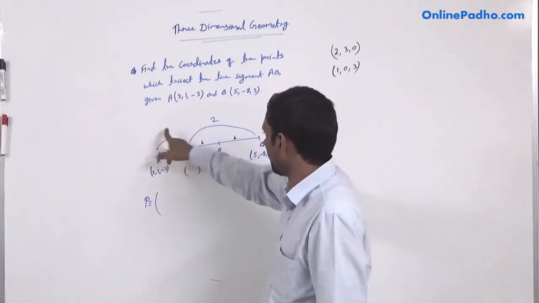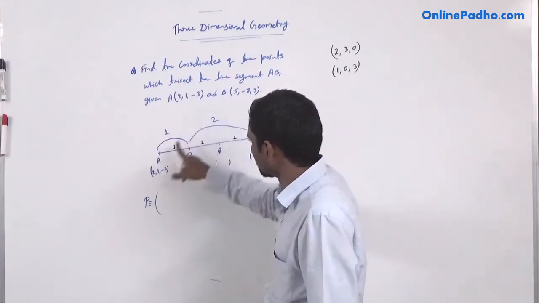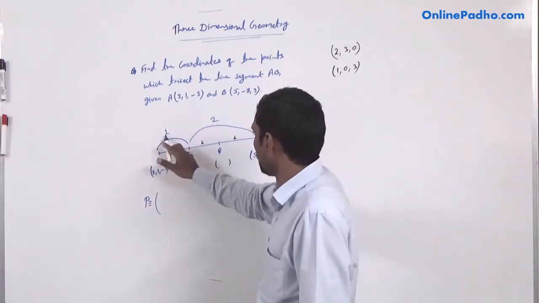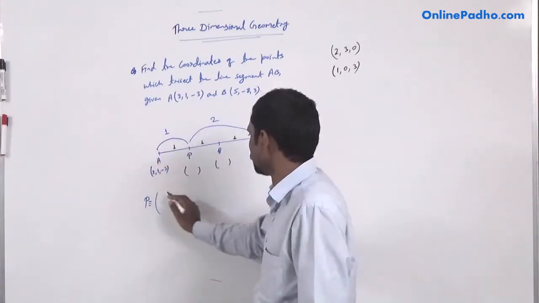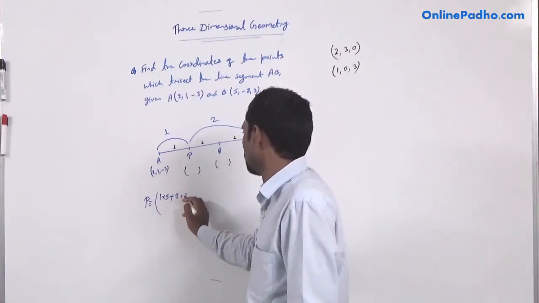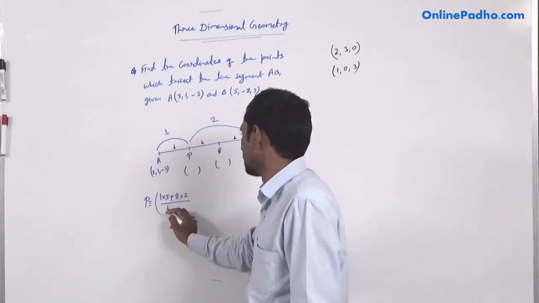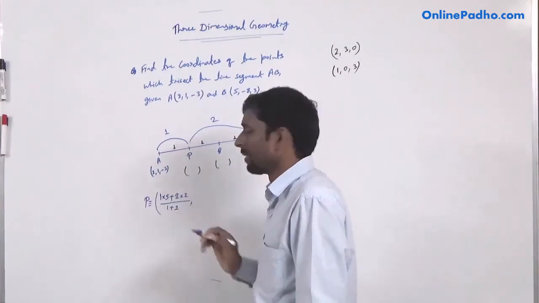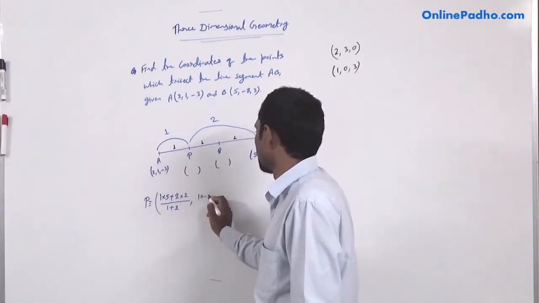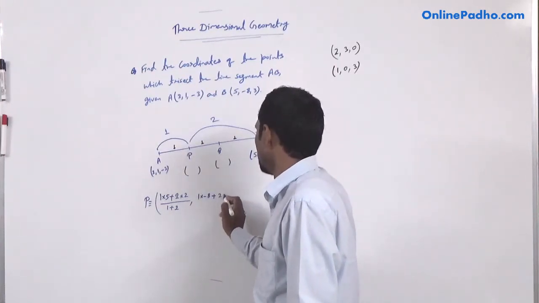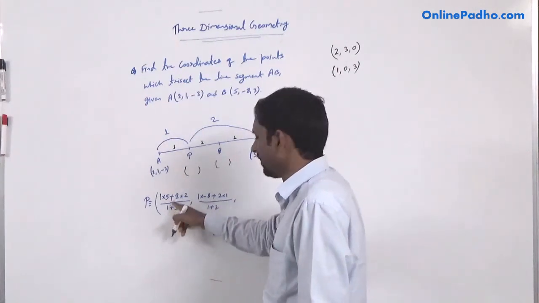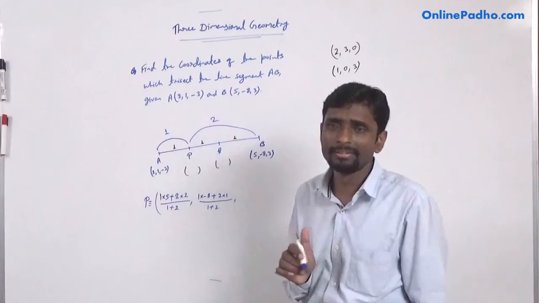You know the formula (mx2 + nx1)/(m + n). So by that formula we can write m, that is 1, multiplied by 5, mx2, plus nx1, that is 2 multiplied by 2, divided by m + n, 1 + 2, right? Now we can write the y coordinate: 1 multiplied by -8 plus 2 multiplied by 1, divided by 1 + 2. We have written a plus sign in between these because this is an internal division, right?